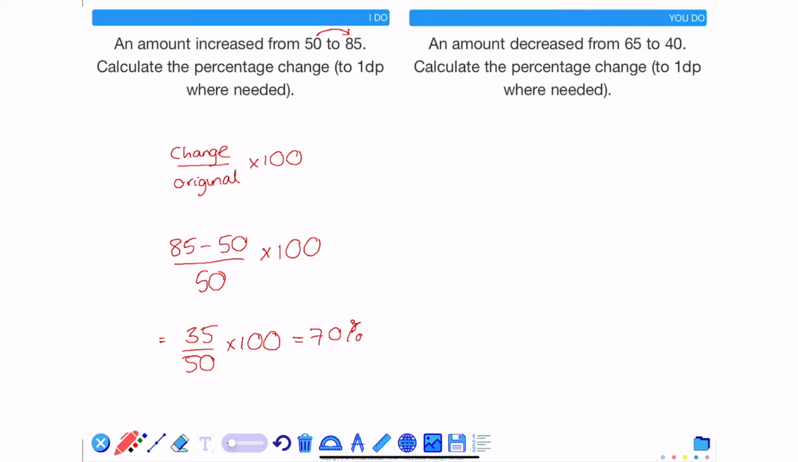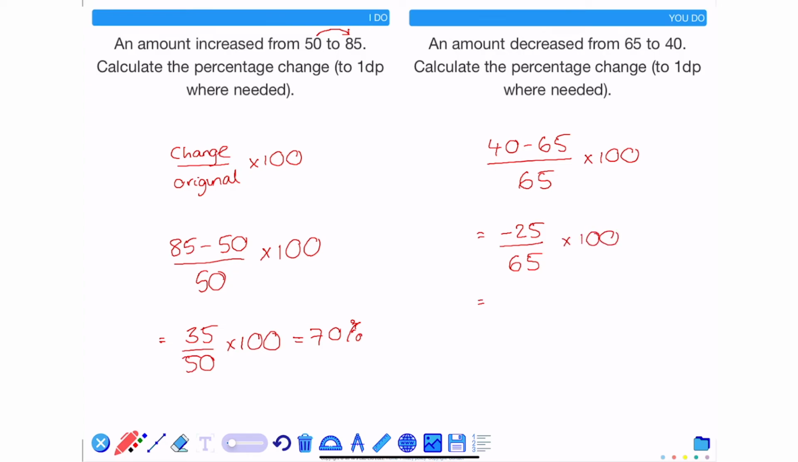To work out the percentage change in this case, do the new value, take away the old value, and divide it by the original, which is 65, and times by 100. This gives me 40 take away 65 is negative 25, divided by 65, times by 100,